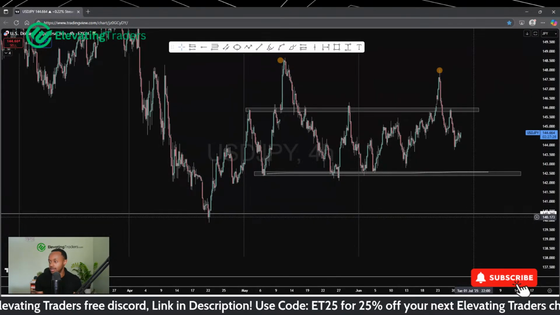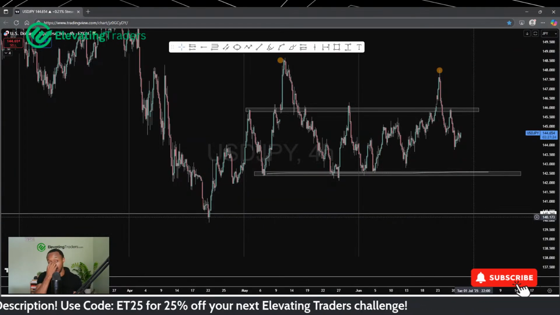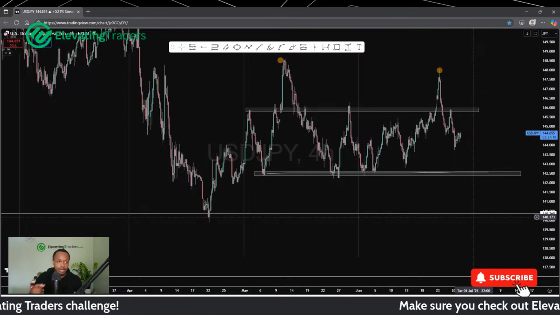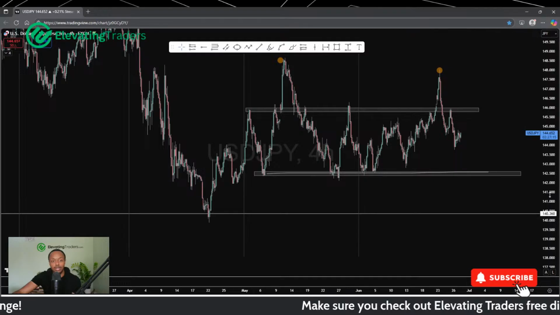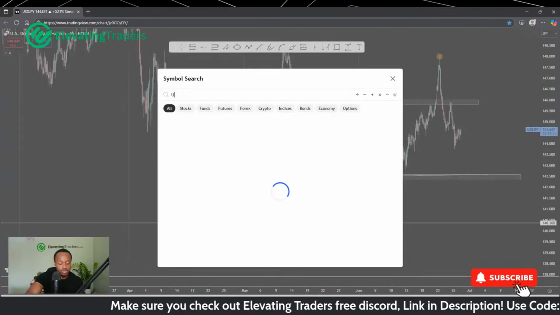Liking the USDZAR breakdown, appreciate it. No problem, man. Happy to help. But yeah, USDZAR looks good. I actually like USDZAR. The rejection of support was quite nice, especially the way we formed the fake out as well. So to me, it does look like USDZAR can see some more upside. But it has been a very interesting week.